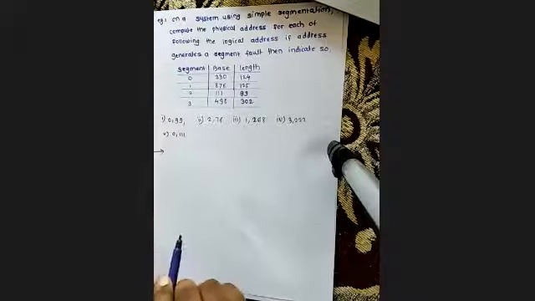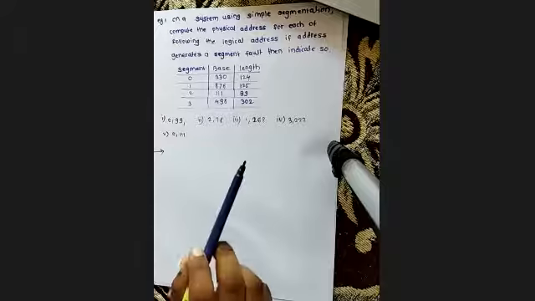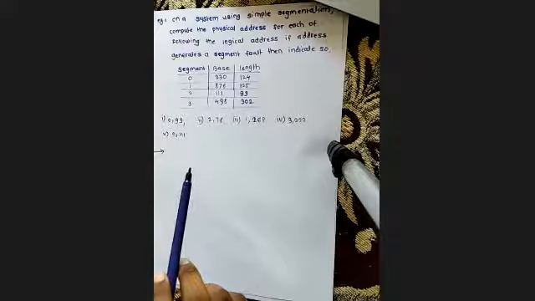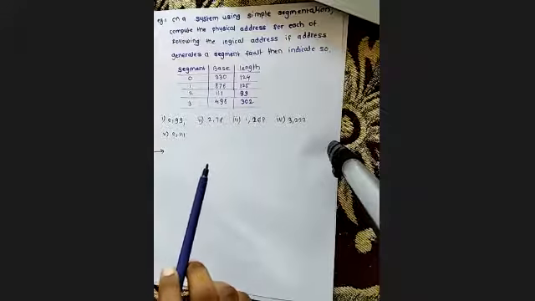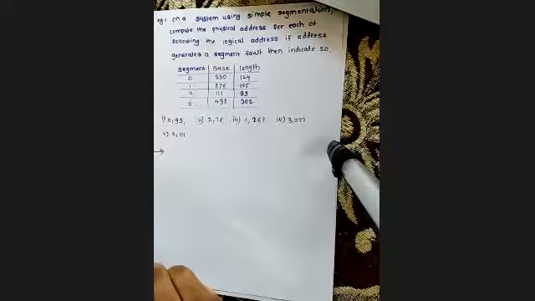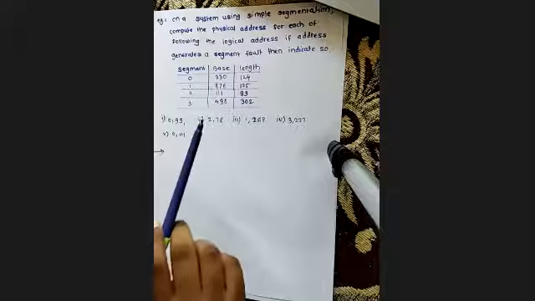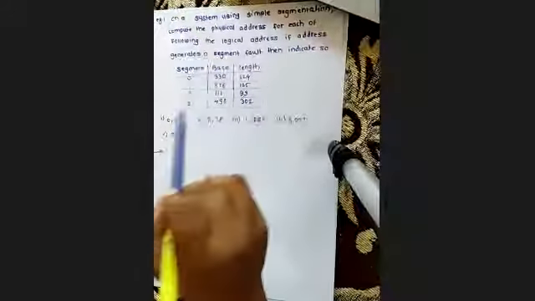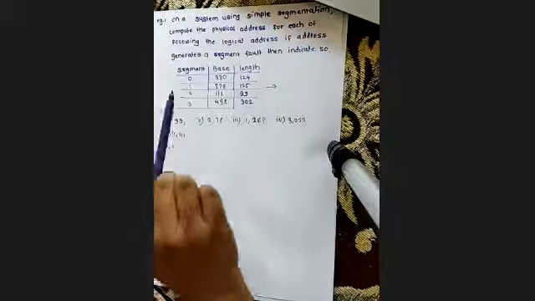How are we going to find this? First, always remember, whenever it is asked to convert, what does the MMU, the memory management unit, do exactly? First, it will check the requirement asked by the CPU. It will check whether this segment is available in the table or not, in the RAM or not. And where do we get that information from? From where is the memory management unit going to check? From the segment table. This is the segment table, right?